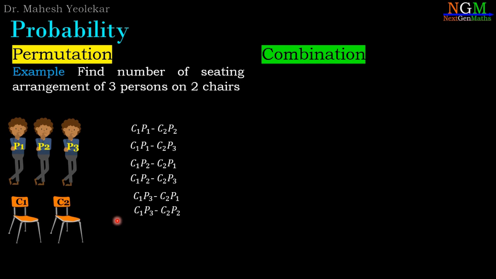Let us look at the same problem in a different way. For the first chair, we have 3 options for the allocation: P1, P2, P3. In case of C2, once one person is seated on the first chair, that person cannot sit on the second chair. Therefore for C2, we have only 2 possibilities. So the total number of possibilities is 3 into 2 equal to 6. This manual calculation shows that we have 6 possibilities, and this is another way to look at the same problem. It gives the same number. This is called 3P2, the arrangement of 3 persons on 2 chairs, which is 3 into 2.